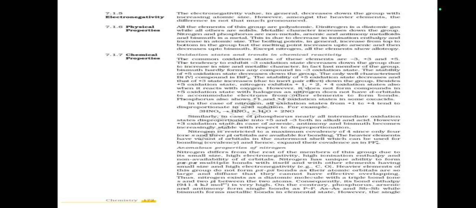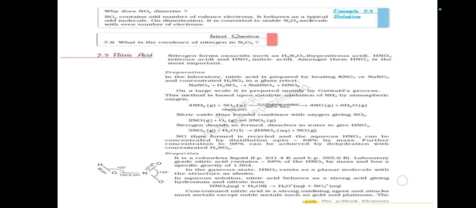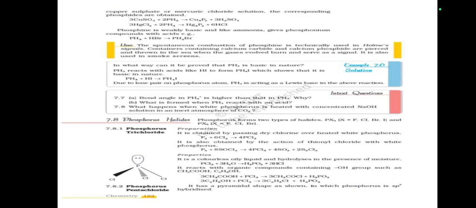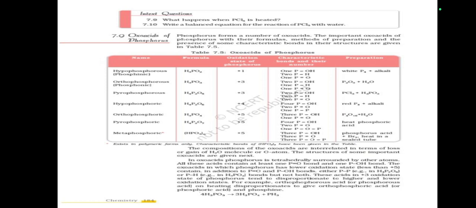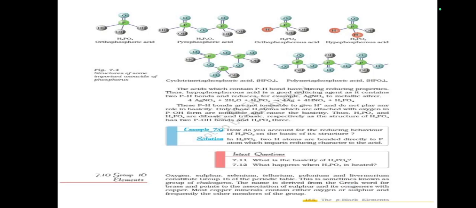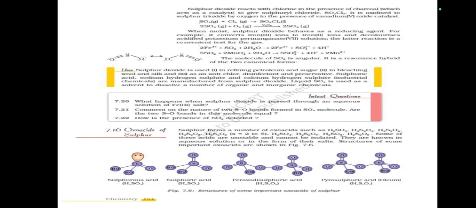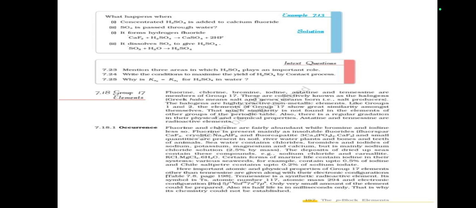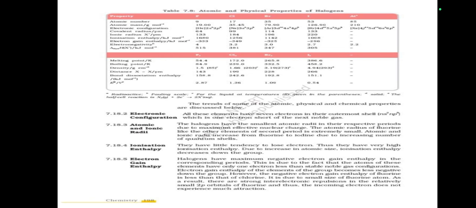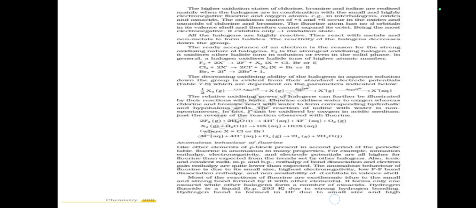Then electronegativity, physical properties, chemical properties, dinitrogen, ammonia properties, oxides of nitrogen, structures, nitric acid, phosphorus allotropic forms, phosphine, phosphorus halides, oxoacids of phosphorus, group 16 elements, electron configuration, atomic and ionic radii, ionization enthalpy, electron gain enthalpy, electronegativity, physical properties, chemical properties, simple oxides, ozone, sulfur allotropic forms, sulfur dioxide, oxoacids of sulfur, sulfuric acid, group 17 elements, electron configuration, atomic and ionic radii, ionization enthalpy, electron gain enthalpy, electronegativity, physical properties, chemical properties, chlorine, hydrogen chloride, oxoacids of halogens, interhalogen compounds,